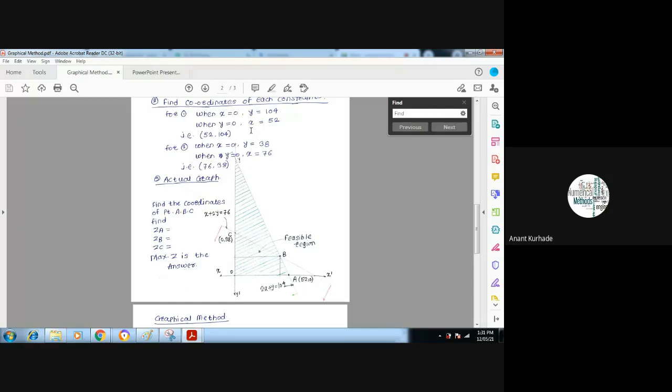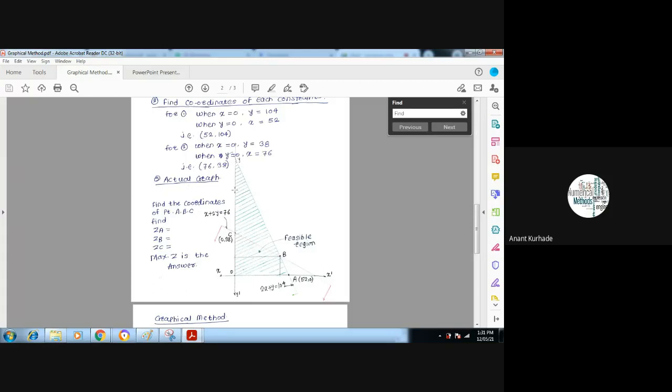We don't know whether a line is inclined or horizontal. But here we have both x and y terms, so we can have an inclined straight line. Here also we have both terms, so we can have an inclined straight line. But when any one of them is 0, you can have a straight line parallel to x or parallel to y. We can see that problem also.